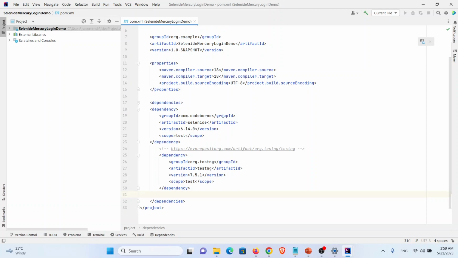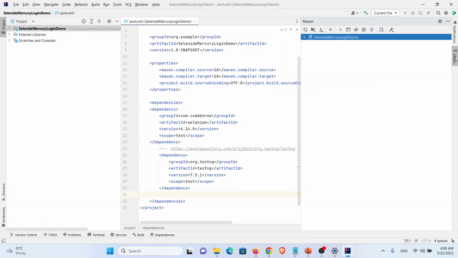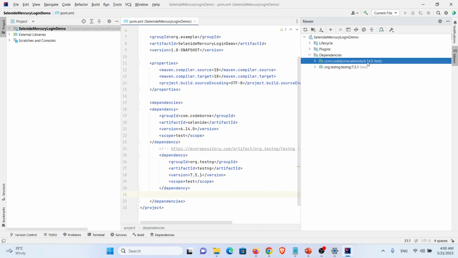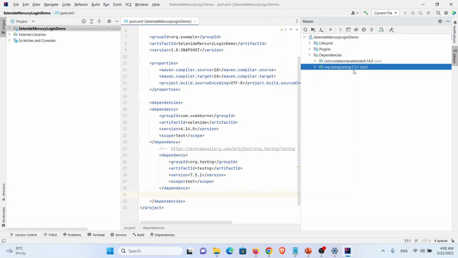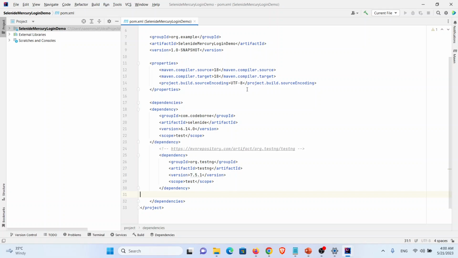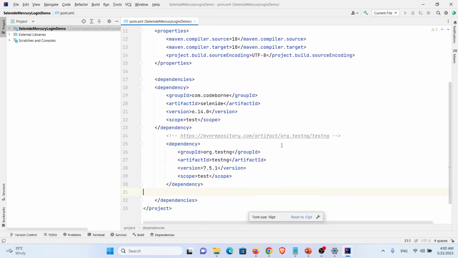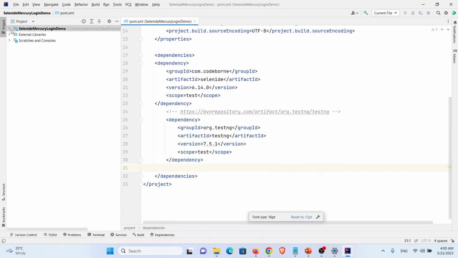So in order to have all these, I have to load Maven changes, and then I have to verify if these dependencies are added in my project. So you can see the Selenide 6.14.0 and TestNG 7.5.1 dependency has been added. Okay, so here I have just increased the font size. Okay, and now I will proceed with